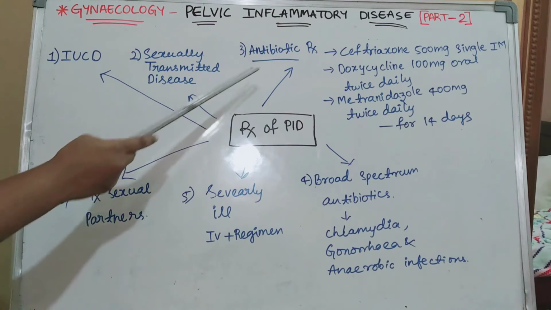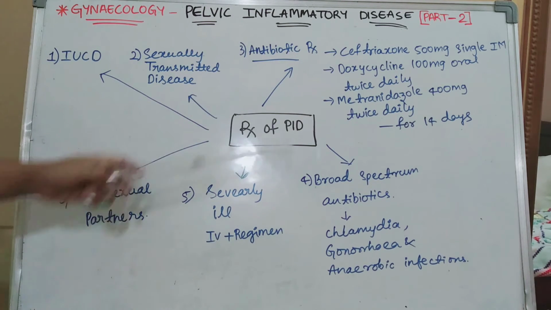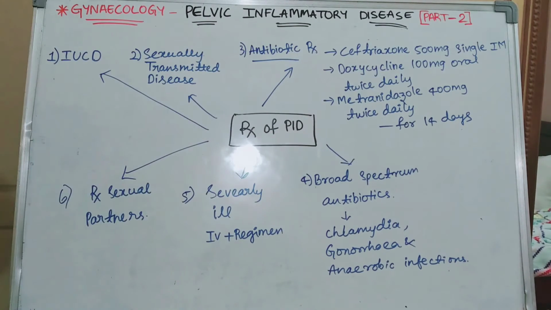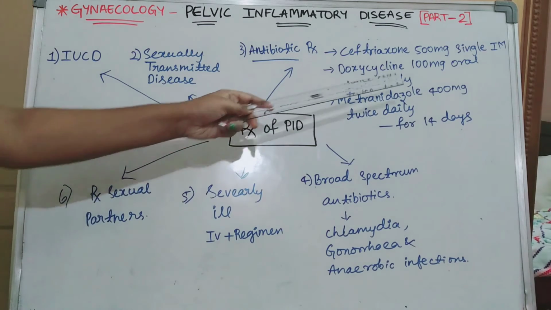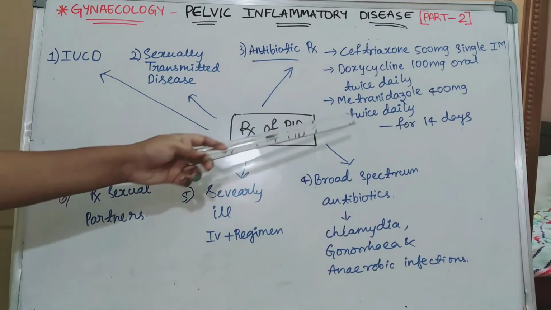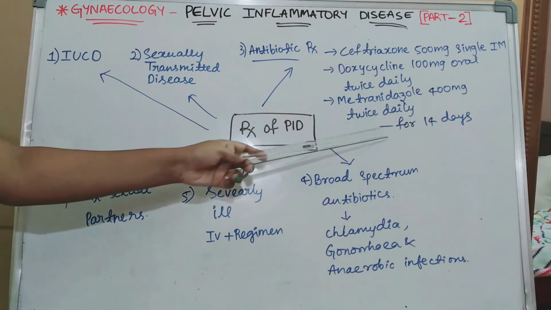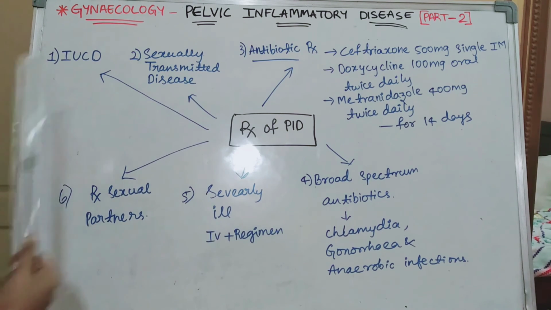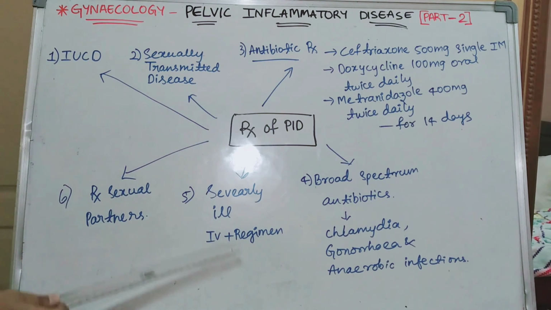Then the antibiotic regimen is ceftriaxone 500 mg single intramuscular dose, doxycycline 100 mg orally twice daily for 14 days, metronidazole 400 mg twice daily for 14 days. And if the person is diagnosed with chlamydia or gonorrhea or any other anaerobic infections, then broad spectrum antibiotics are given. If the patient is severely ill,